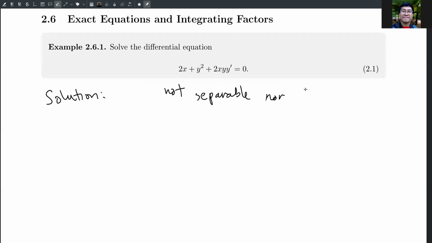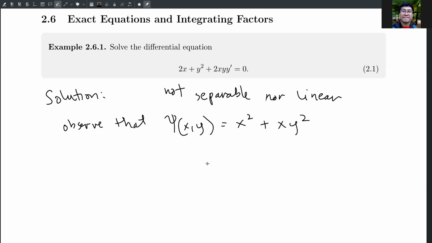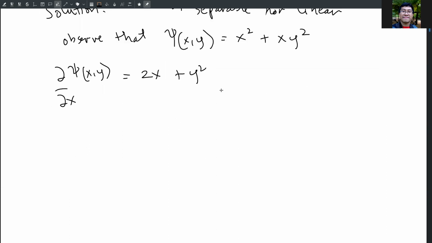nor linear. However, we observe that a function psi of x and y equal to x squared plus xy squared, we can write partial derivative of psi with respect to x as 2x plus y squared, and also partial derivative of psi with respect to y